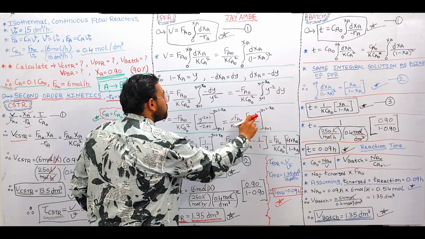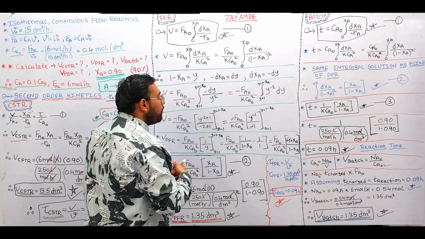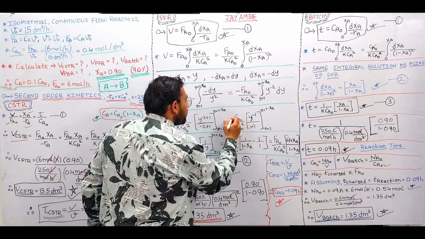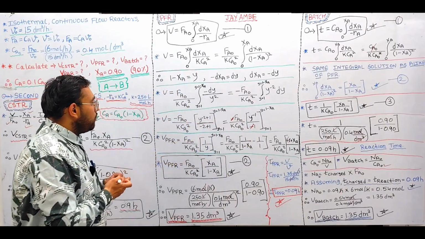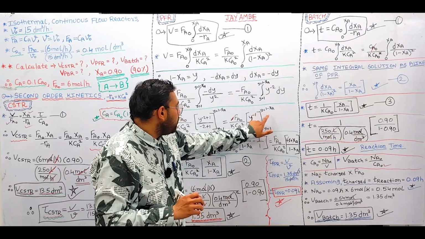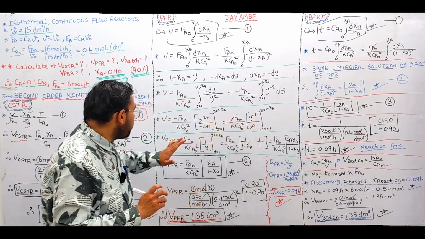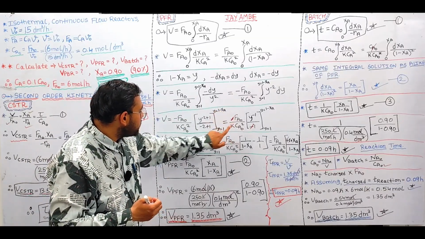So y raised to minus 1, and minus 2 plus 1 is minus 1, right? So from the numerator and denominator we can cancel off the negative sign. I hope up to here we understood, and the limits will remain as they are. So finally we obtain the volume of PFR is equal to Fa naught divided by k Ca naught square,